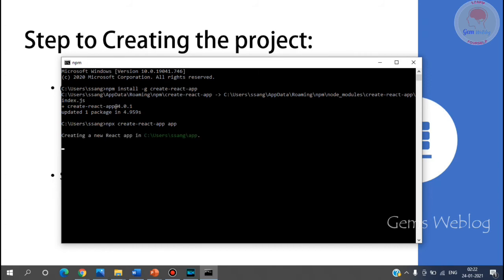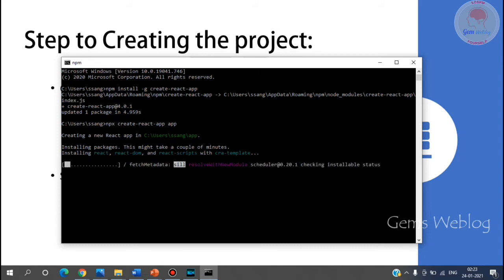It took some time. Here you can see it is creating a new React app on my PC. Going to this folder you can see the React app. It will take some time to create a React app on your PC.